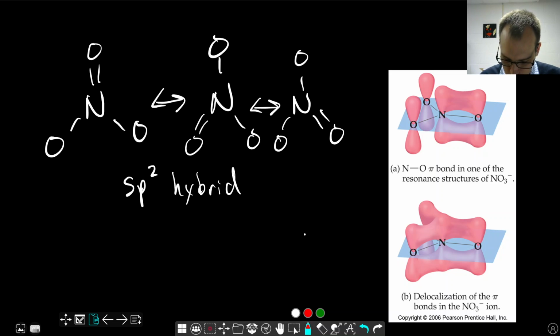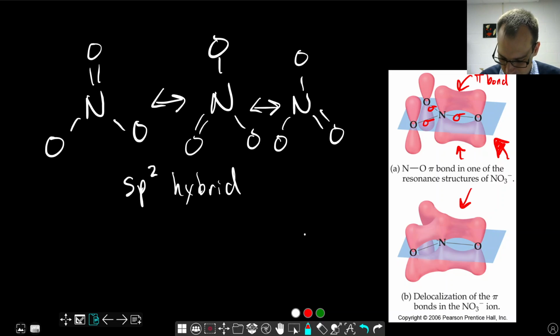And if we're thinking about just one resonance structure, this is the sort of picture we'd have in terms of valence bond theory. There are sigma bonds here that we're not depicting on this picture, and then there's a pi bond where the double bond is. That's, again, above and below the internuclear axis, like all pi bonds are. But what really happens is that it is not specific to that NO bond. It spreads out across the entire